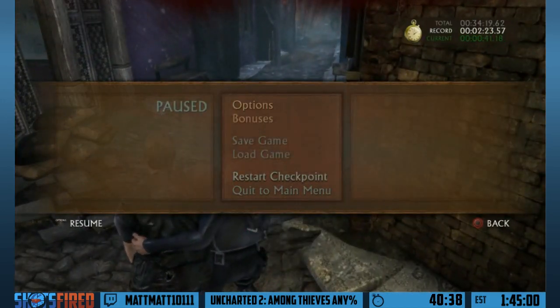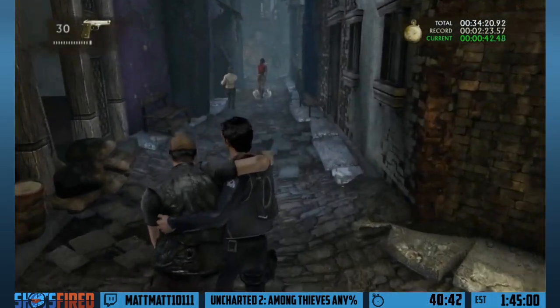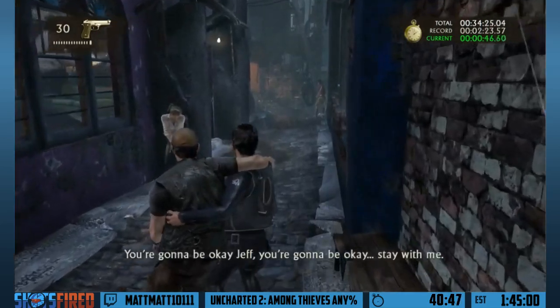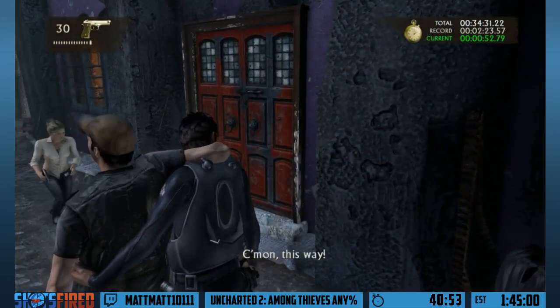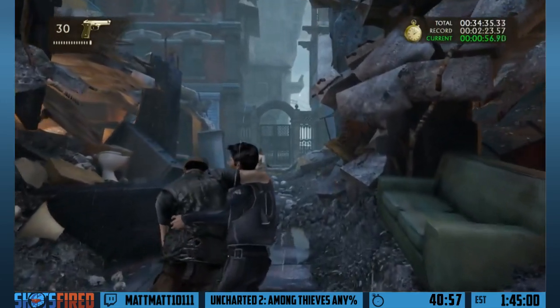Right, so after we get past this box, upon restart, that puts Elena and Chloe up further ahead. We need them to, well, Elena to open the door. Because Mr. Nathan can't open it himself. Yeah, it's a little bit frustrating as well, because sometimes for whatever reason they delay a little bit, even though if you do the right steps...